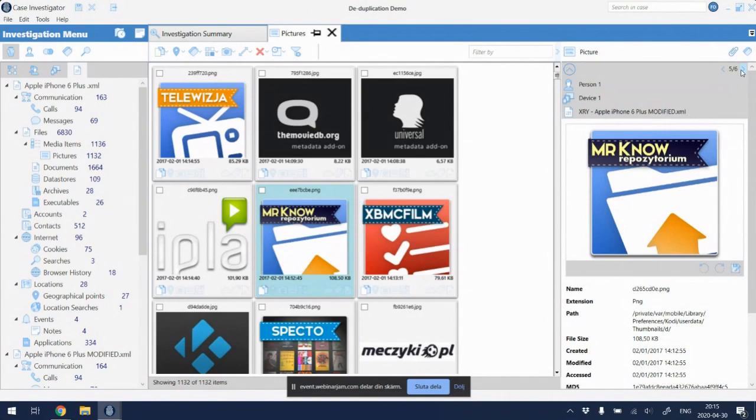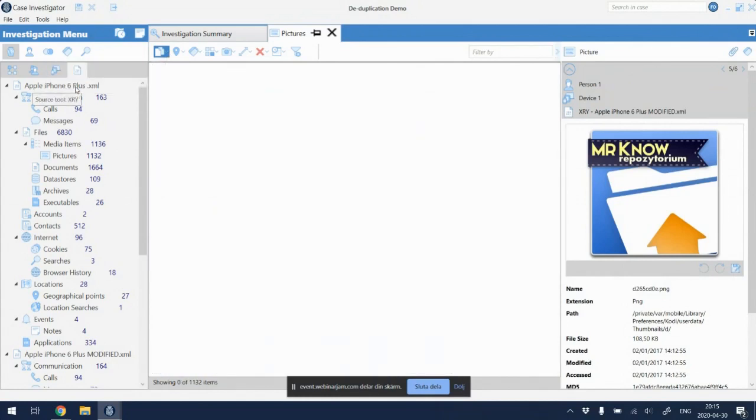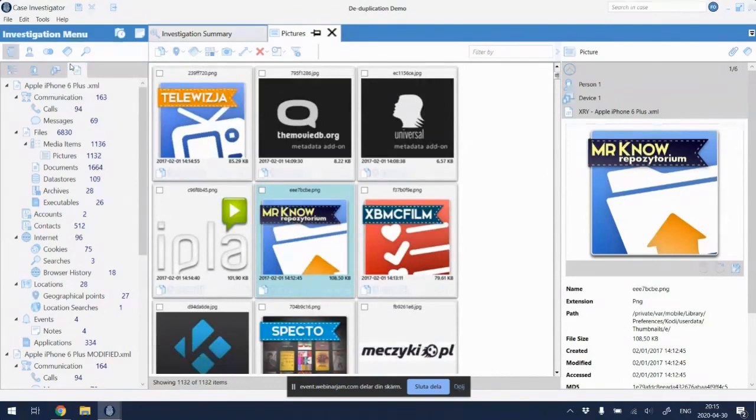So it's an easy way for you to minimize, especially when you're working with images or files, the number of items you have to go through. What you can do is also filter to see only items with duplicates. Or you can say, I only want to see items without, though we didn't have any without duplicates, of course, because we had the same extractions twice. But this is a very nice way to minimize the amount of work you need to do.